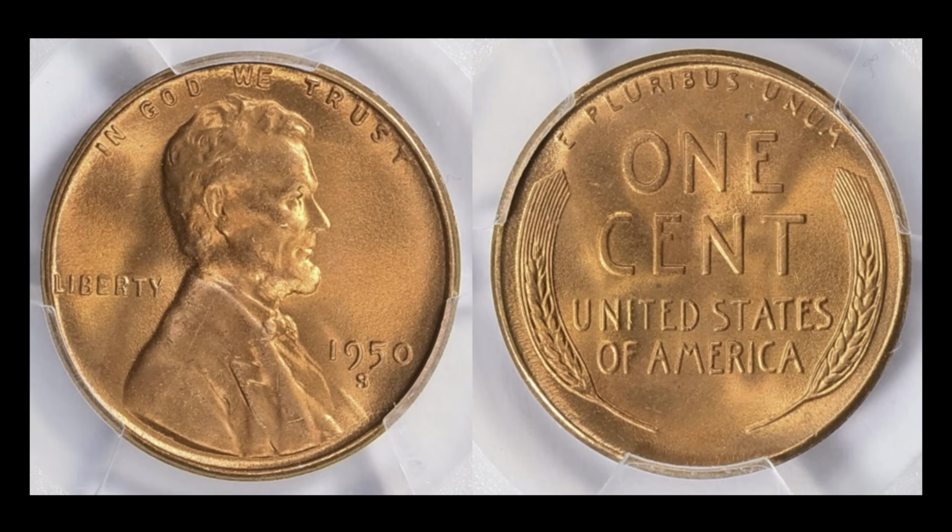All right, the next one that we have here, again, probably better suited for a registry set. It's not the finest graded 1950s. This one right here, it's a very pretty coin. It graded out as a 67 Plus full red, but much like the previous coin, it's also CAC certified. You're not seeing it, but it does have a green bean on here, which is going to make a huge difference in the overall valuation of this particular grade for this date. So again, not the highest grade. 68 is that high watermark on a 50s, but this one, consider it like that second wave, that second tier of coin. Sold for